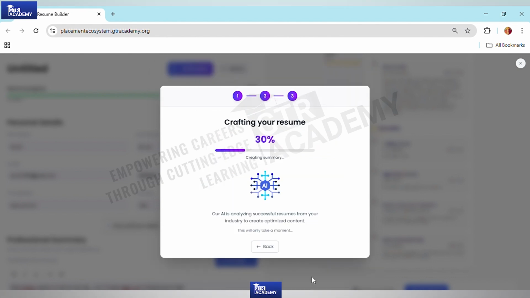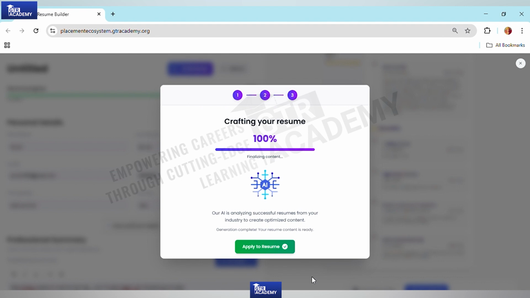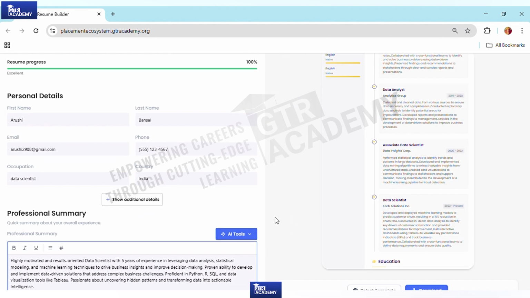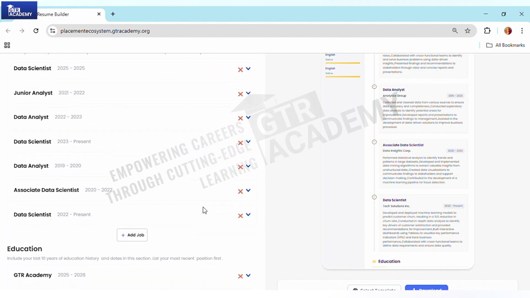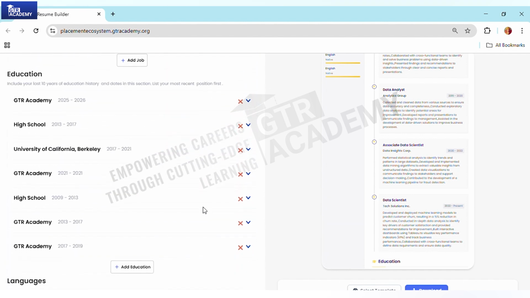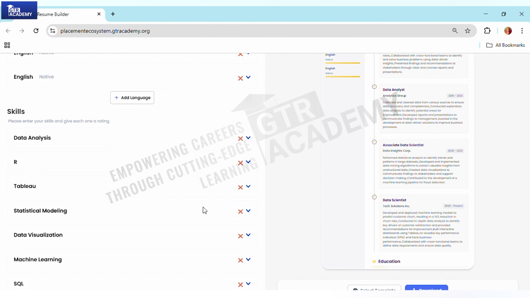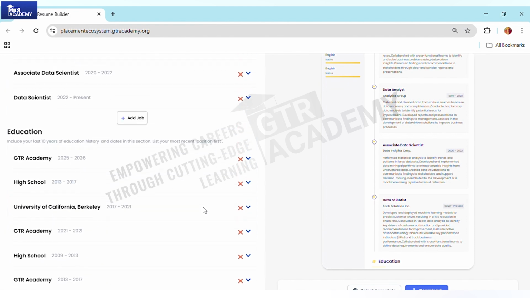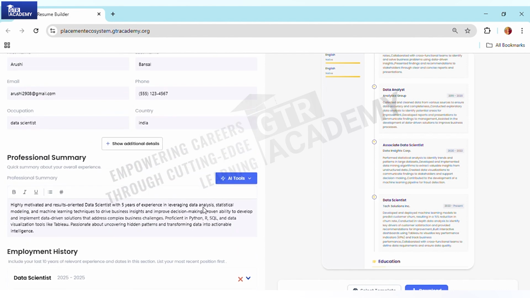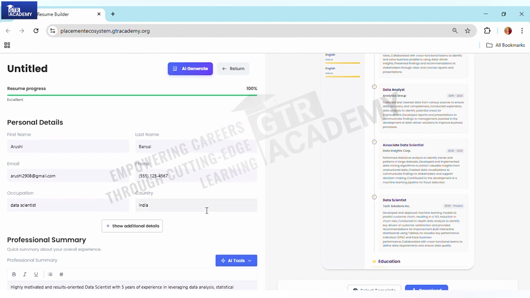So it will take approximately less than 1 minute for my CV to get generated. But yes, we do have to fill in the information so that it can come. For example, employment history, education, everything will have to be filled by us, and then only it will take. So AI can help you do it in a proper way, but yes, we have to give the information. The more accurate input you give, the more accurate output you get.